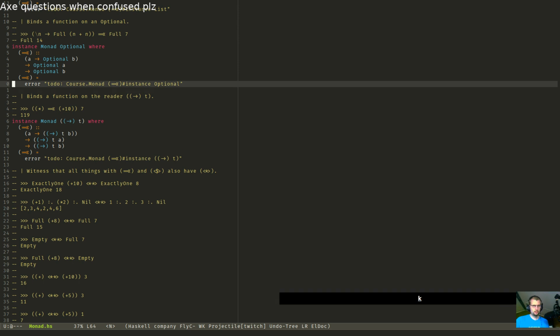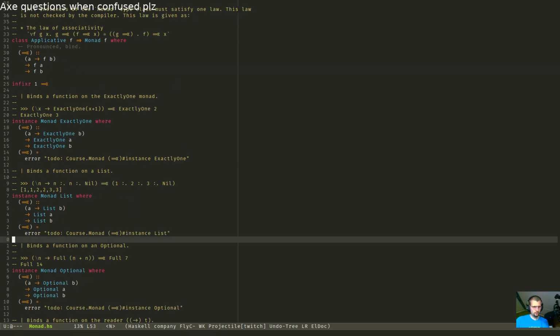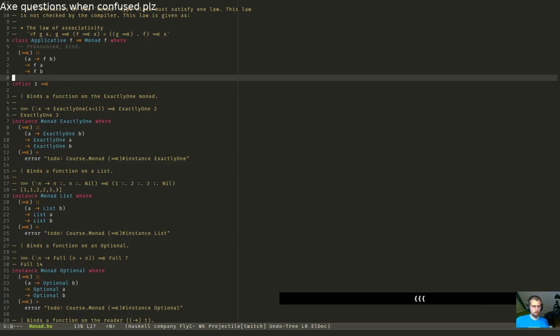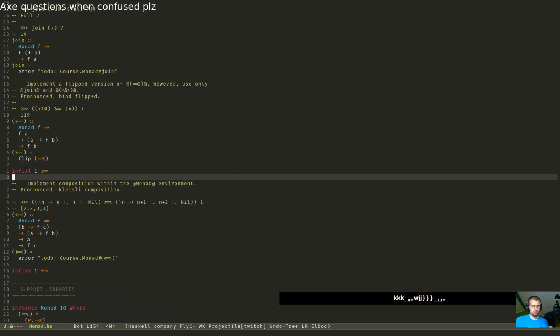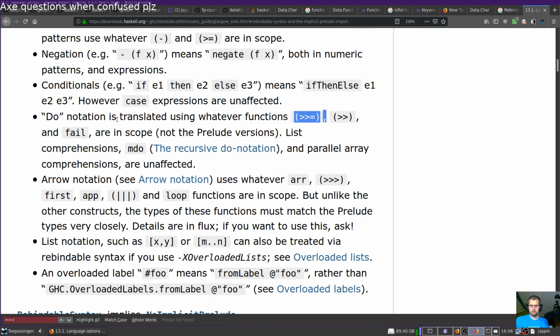Right? Optional. Oh, that's optional. What? Optional. Exactly one. I can just flip this thing, and that's the other thing then. And we made do syntax work. Is it? Yeah, it's using that one.